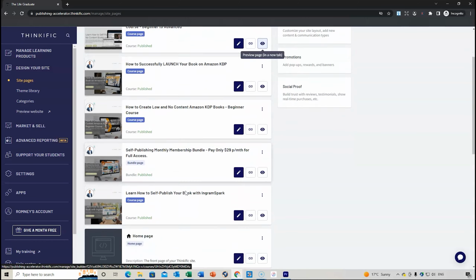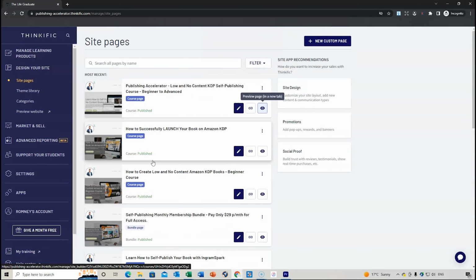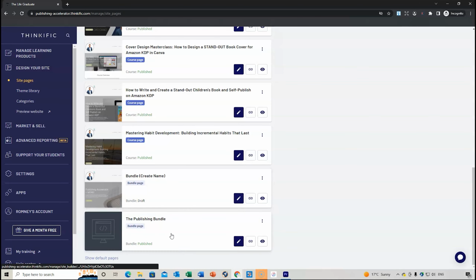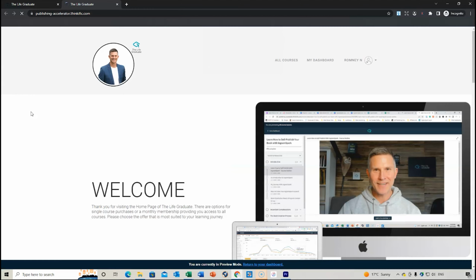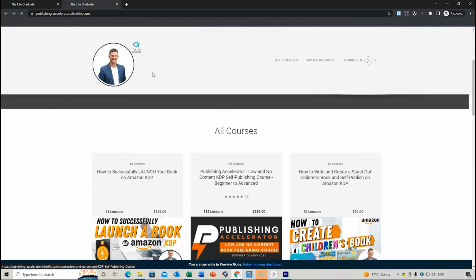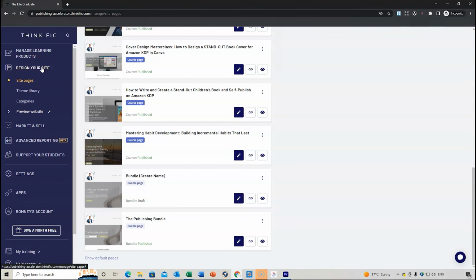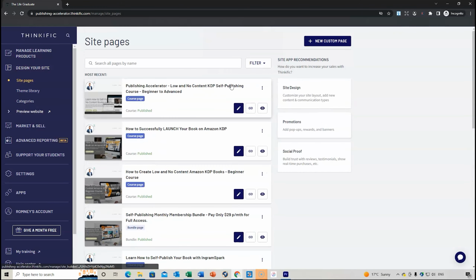But you can change around which is your home page as well. You can do new custom page. So there's different things you can add to ensure that it fits onto your main home page. So if we go to preview the website, then this will take us directly to this again. So you can see all those sections there. So that's under design your site. And when we're adding the course further into this course, when we're uploading it, I will show you how to create some of this information. So it makes it a bit easier to action for you.